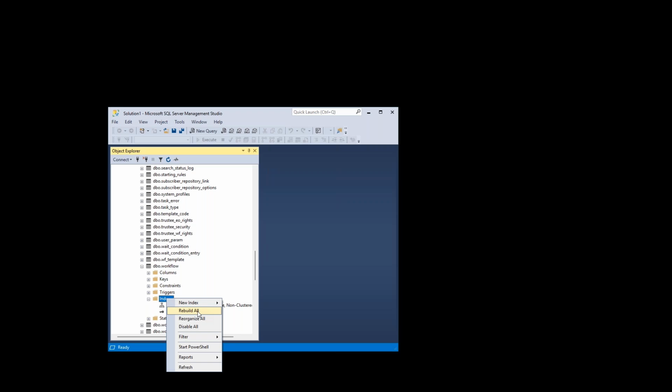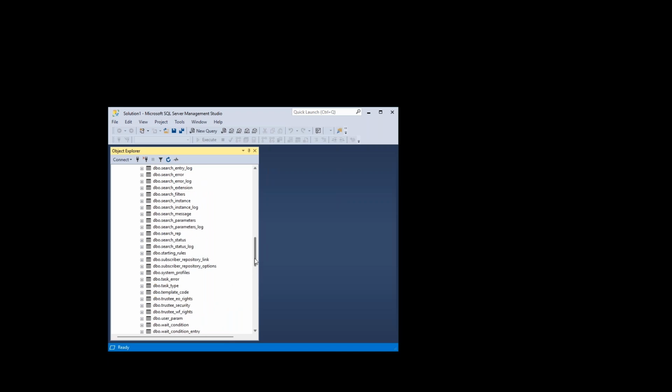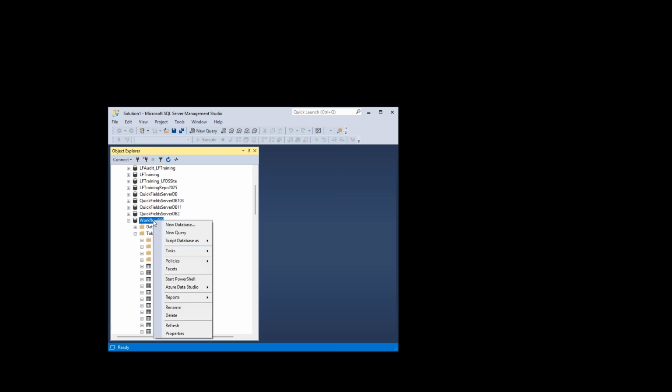It's not super difficult to do, but I would recommend doing the following before you even do a reindex or a rebuild of those indexes, and that is to do a